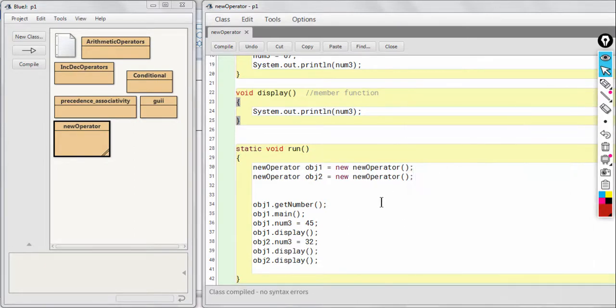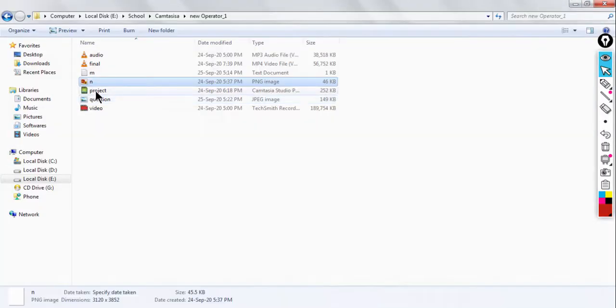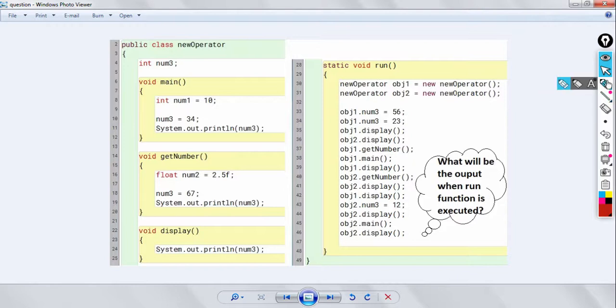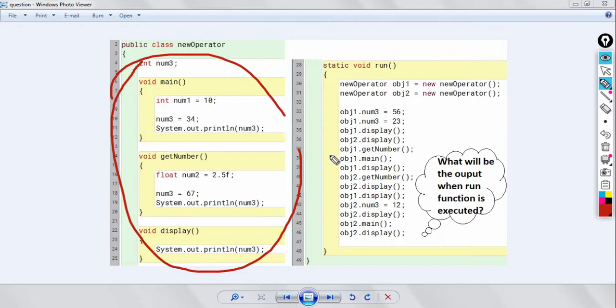And I'm giving you a homework. Okay students, so you are supposed to tell me the output for this code. So everything here is same. The lines have changed here.